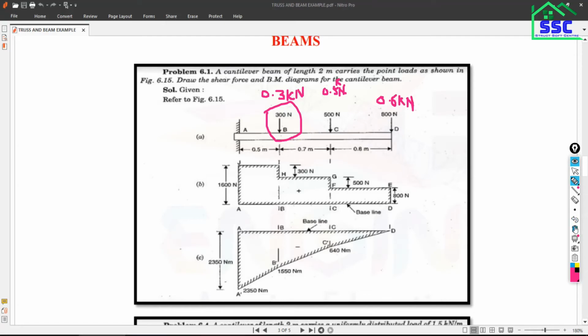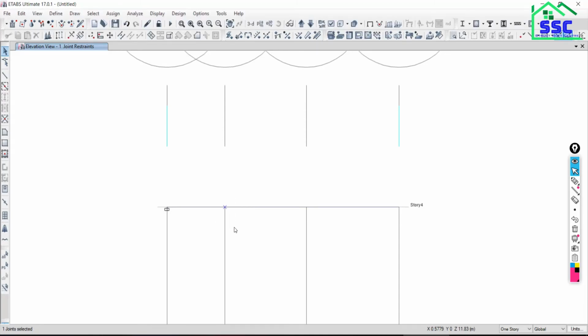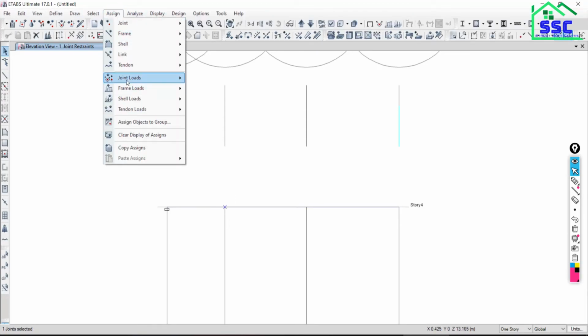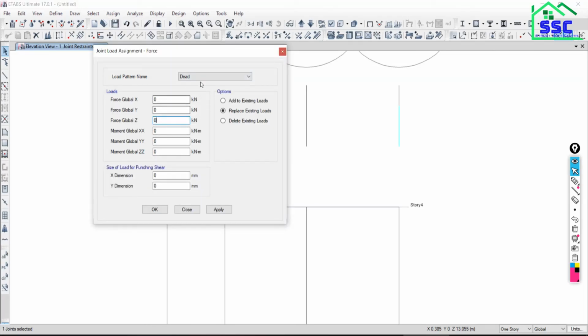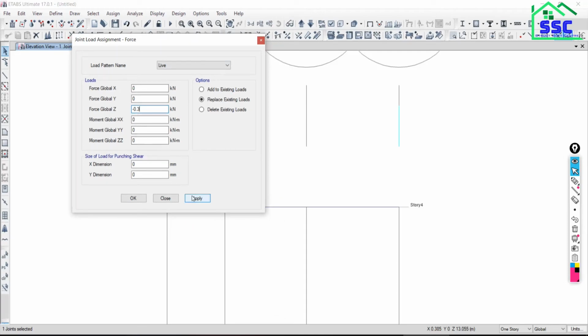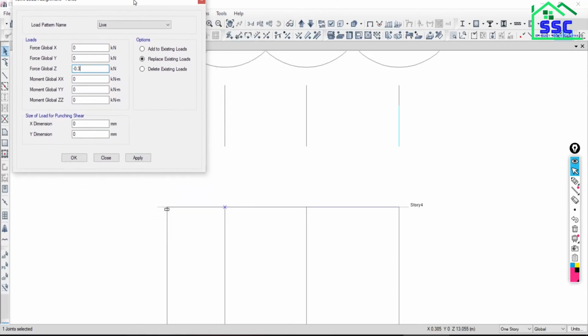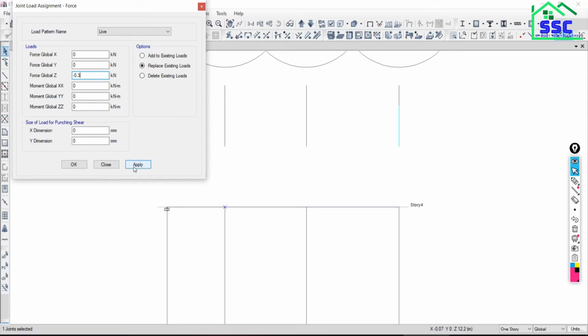Yeah, good. Now come back to the tabs. Here it should be Assign, Joint Loads, Forces. In the live load pattern it should be minus 0.3. Is it correct? Say apply.